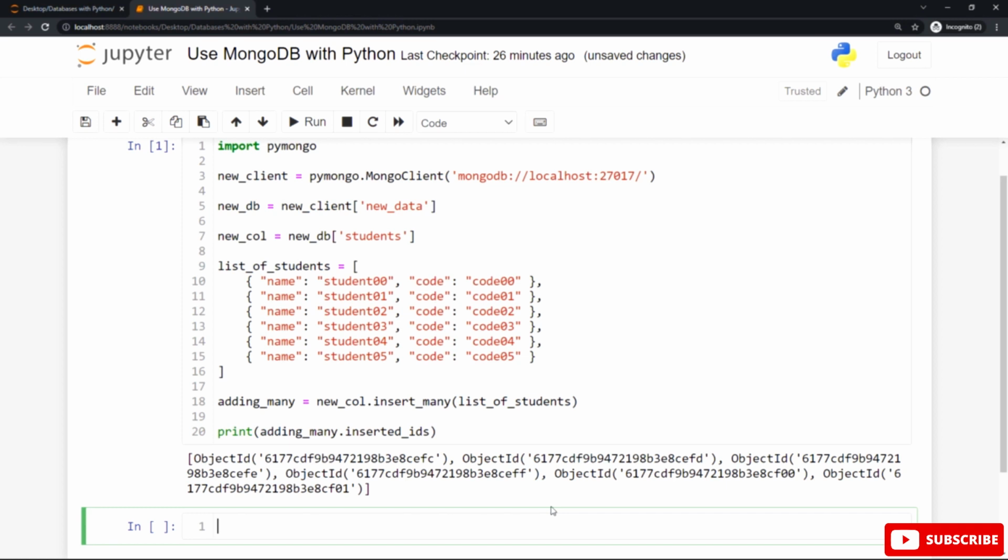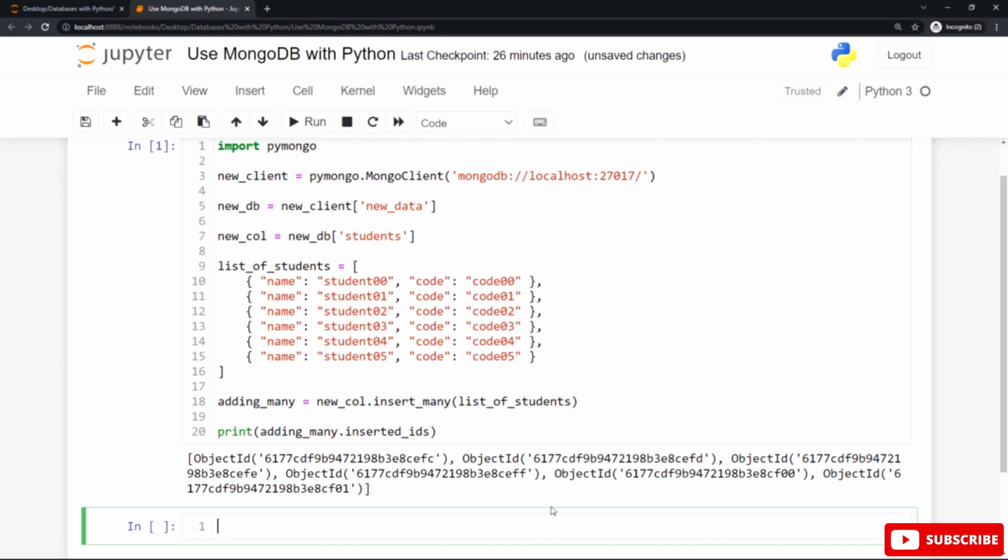And after that you can create a new database by using the variable name that refers to the connection to our MongoDB server, and the variable name is called new client followed by square brackets, and insert a new database name here in between single quotes or double quotes if you wish inside the square brackets after the variable name, and assign this to another variable called newDB, or you can call it any name you wish.